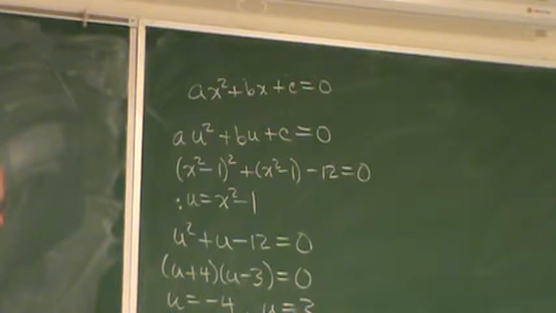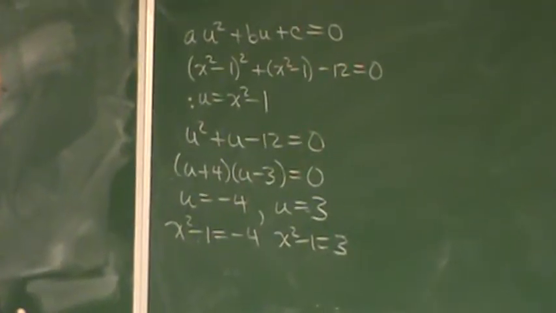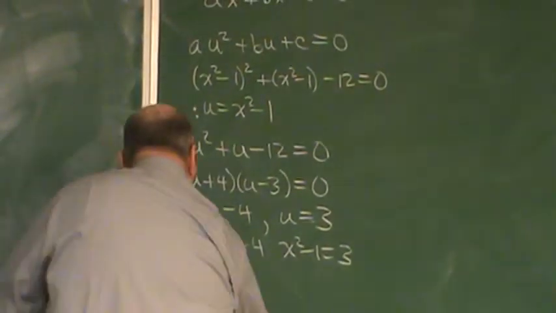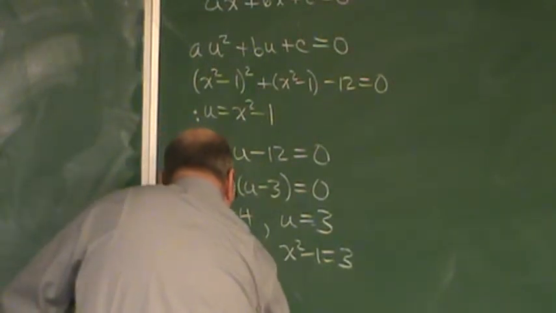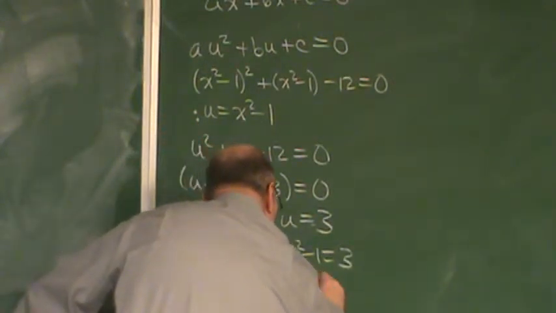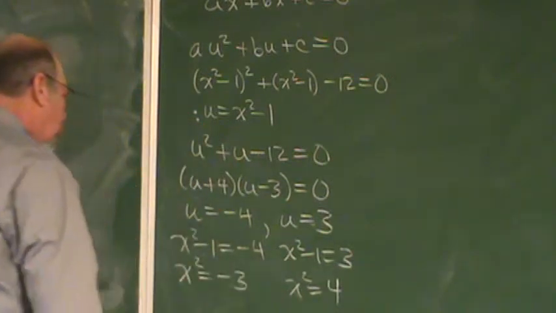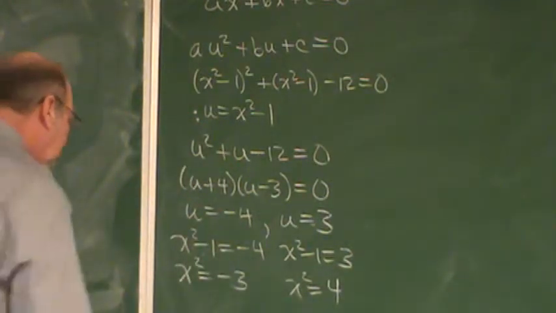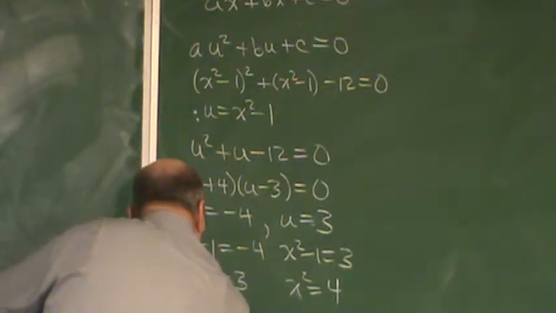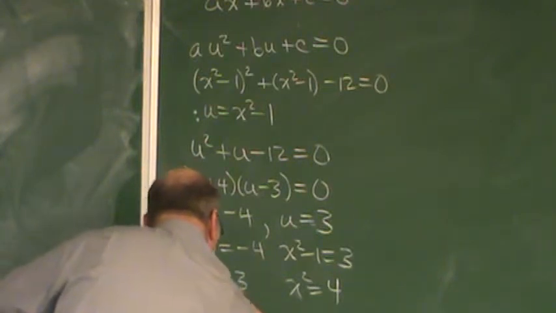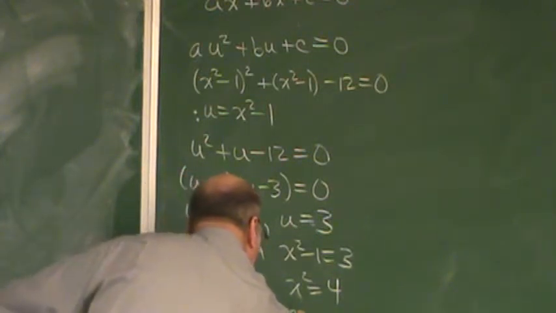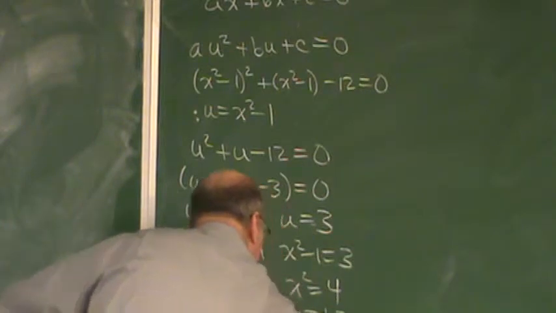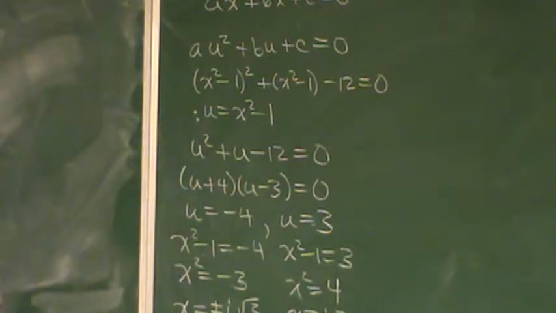And on this one, because it's just x squared minus 1, you don't have a b term in there, you can write this as x squared equals what? Negative 3, or x squared equals 4. Take square roots of both those guys. This gives you x equals plus and minus i times the square root of 3. This gives you x equals plus or minus 2. Yes? All right,